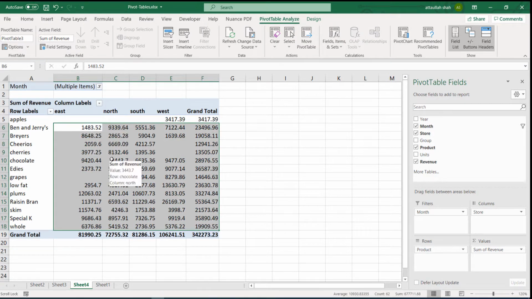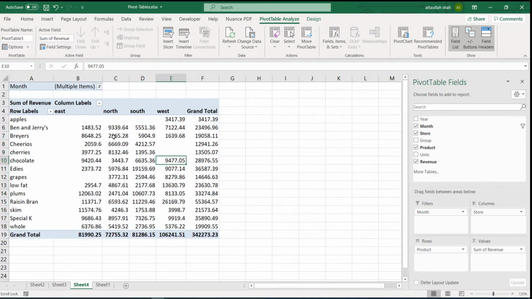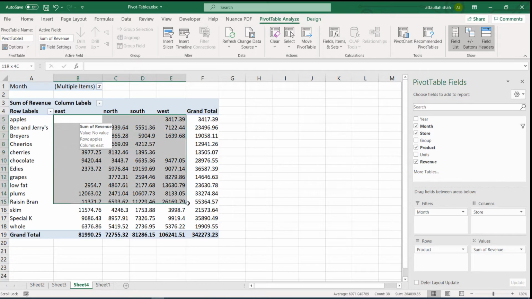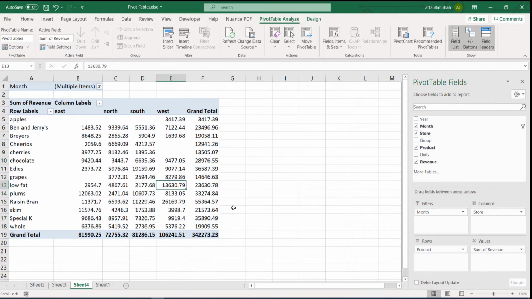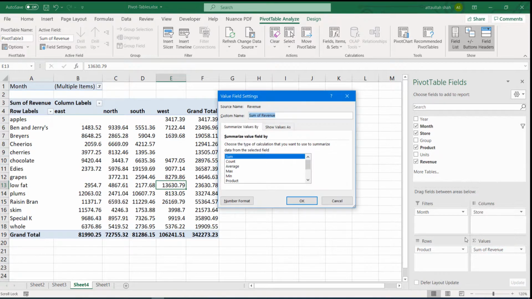If you want to see the average instead of totals, we can go to here, sum of revenues. Instead of selecting sum of revenues, we can go to the value field settings, and from there we can select average.